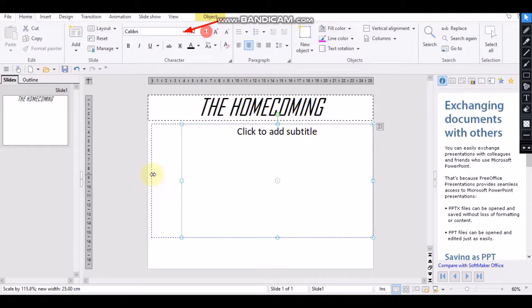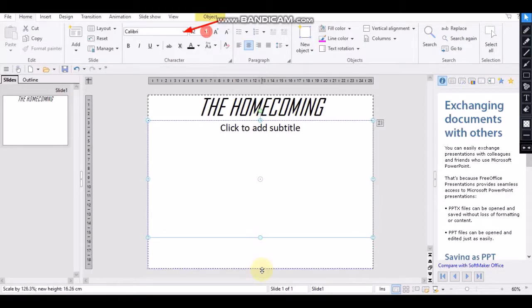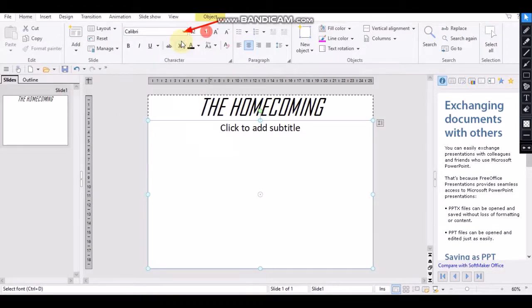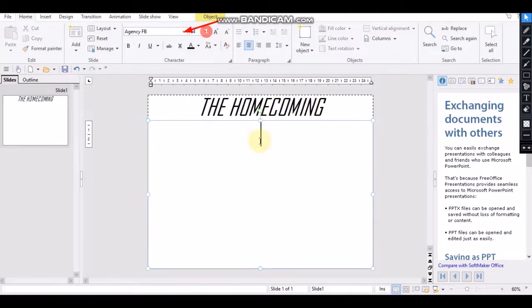You have to do this one. Okay, and then after that you have to click on 64, and here you have to write